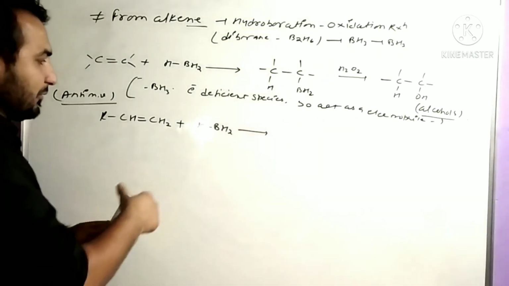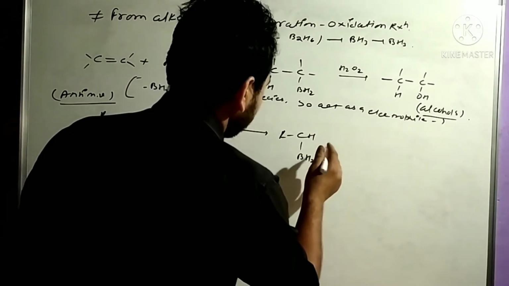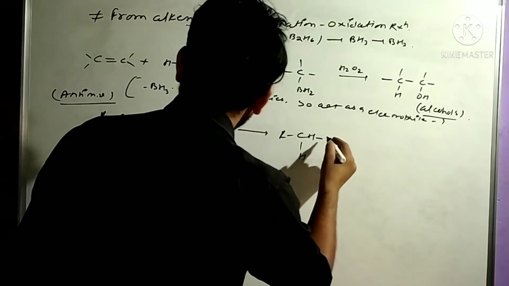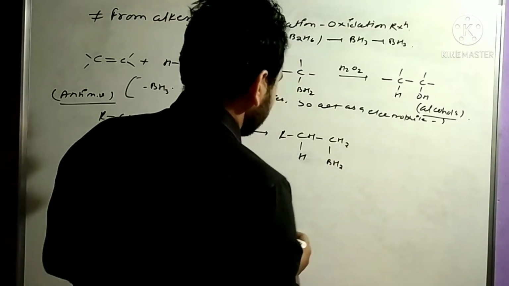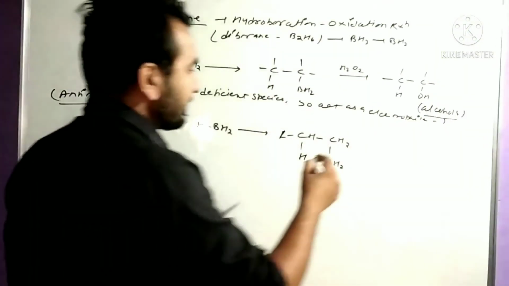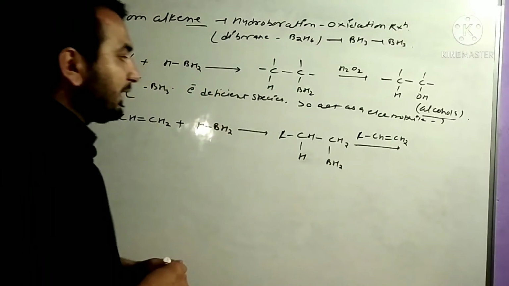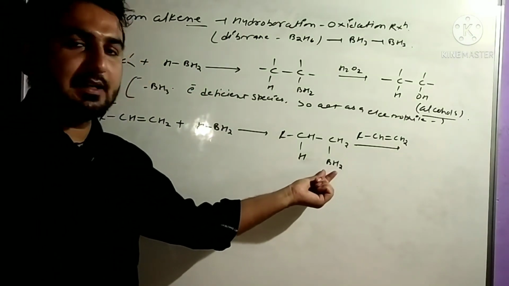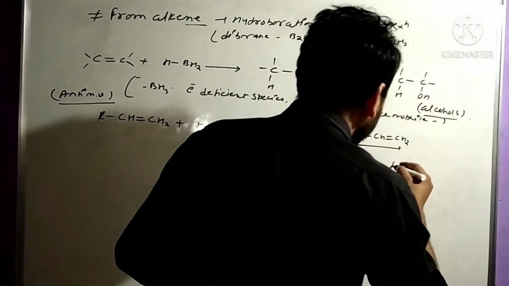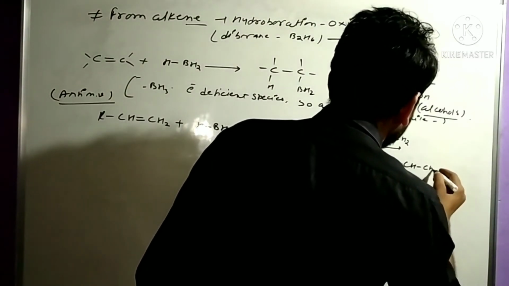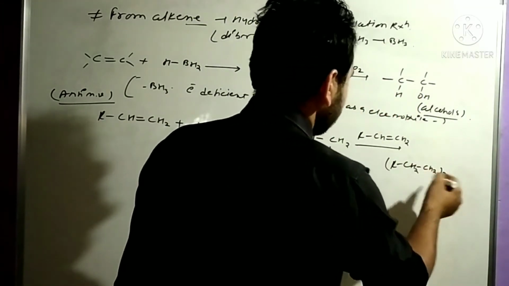ठीक है। तो देखिए एंटी मार्कोनिकोव लगाया आपने, तो हेयर द R CH, here is H, CH2, BH2। फिर आप क्या करेंगे? फिर आप इसमें ऐड करेंगे R CH डबल बॉन्ड CH2, ठीक है। तब तक ऐड करते जाएंगे जब तक इस B के सारे H फिनिश नहीं हो जाते हैं, तब तक आप इस एल्कीन को इसमें ऐड करते रहेंगे। दैट मीन ये बन जाएगा फिर R CH CH2 होल थ्राइस या R CH2 होल थ्राइस